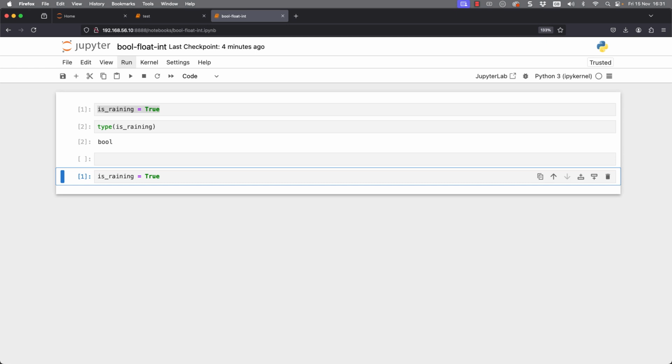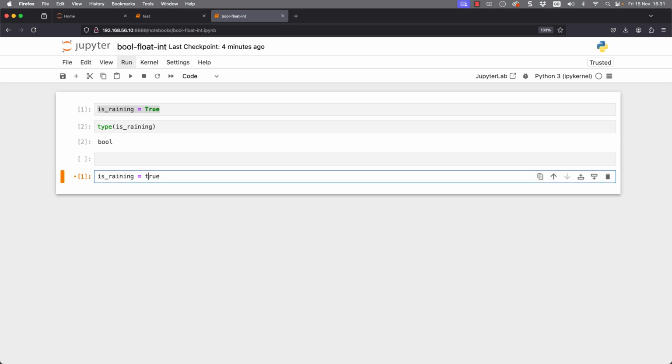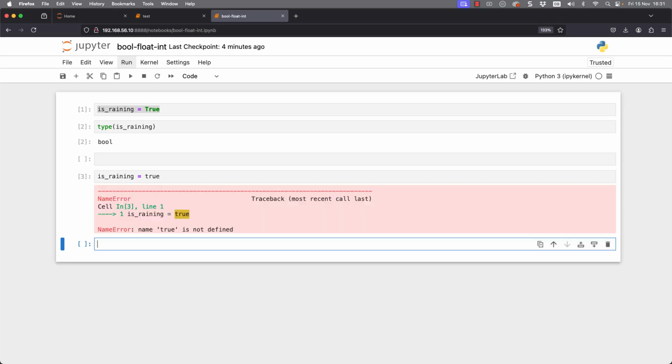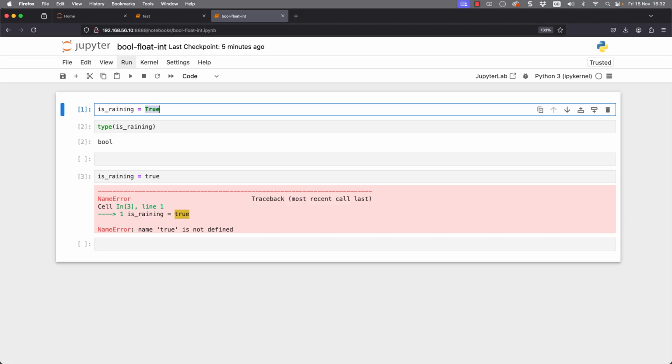If I go through and paste this down, if I change to a lowercase t, you can see there's no longer any highlighting. If I try and execute that code, we get a name error exception. It's looking for a variable called true or some form of object in the code called true, and there isn't anything. So we have to keep the correct case. True or False are the only words that we can use, and we have to use the correct case. Now, did I say we could use true or false? Well, let's go through and try this. Put False. Oh, and look at that keyword again.